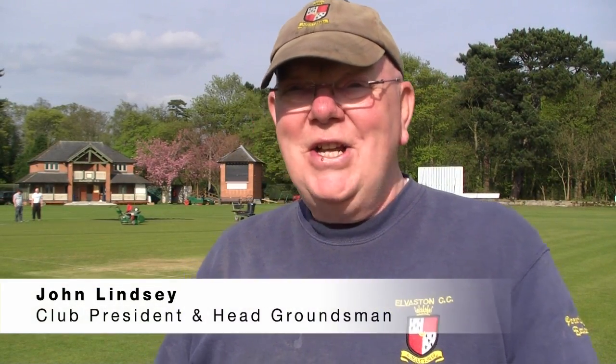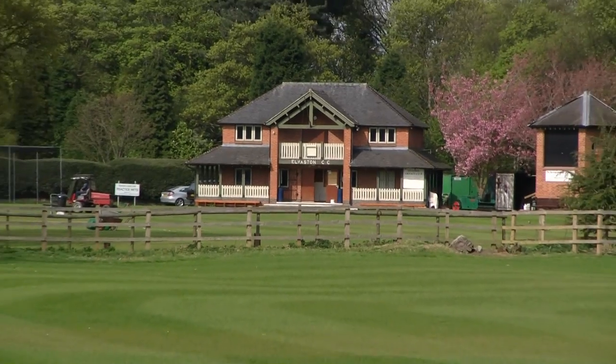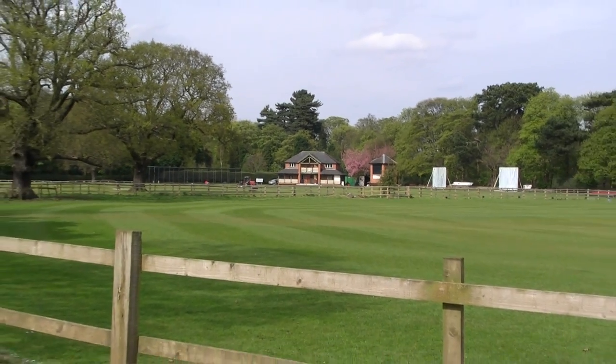The clubhouse is a lot older than it looks. It took the place of an old, I don't know whether anybody knows, Vic Allen building. They're made of timber and plasterboard. It was built in the 70s, and the new pavilion piggybacked on the club's success in 1994 in the National